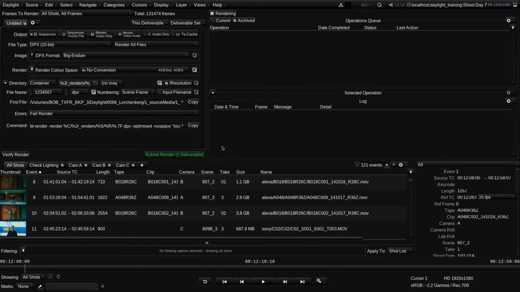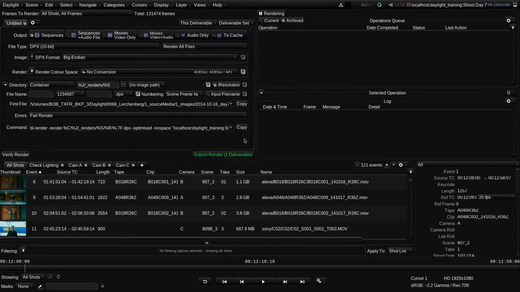This is the Render workspace, and it consists of 2 views at the top with the Shots view and Play controls below. On the left is the Render view. This contains all the settings required to render out the deliverables. And on the right is the Queue monitor, which provides a list and the current status of rendering operations, and also includes controls to allow us to manage and prioritize the renders.